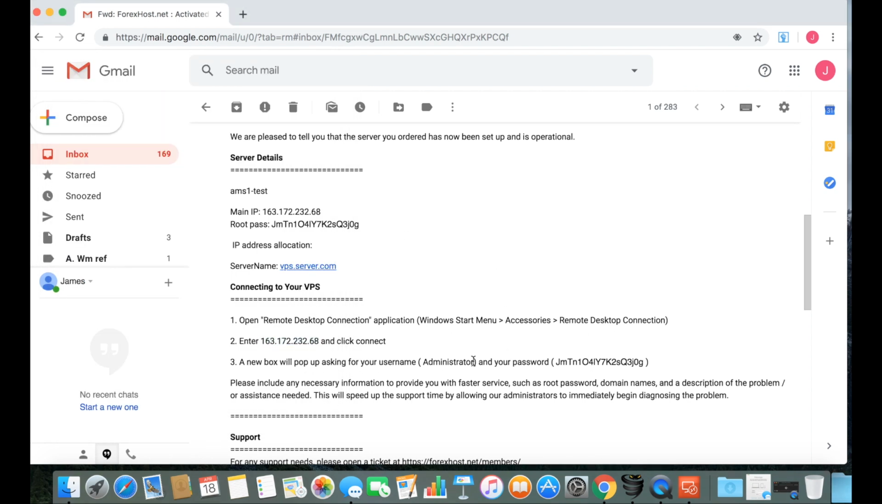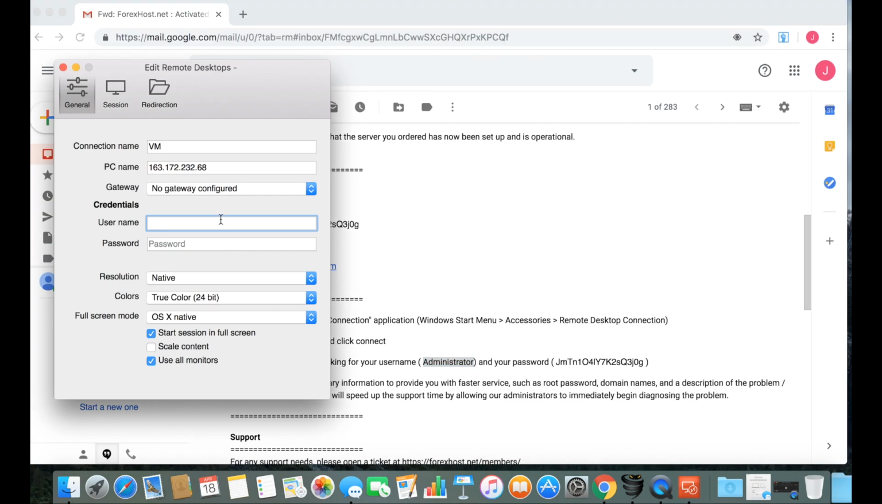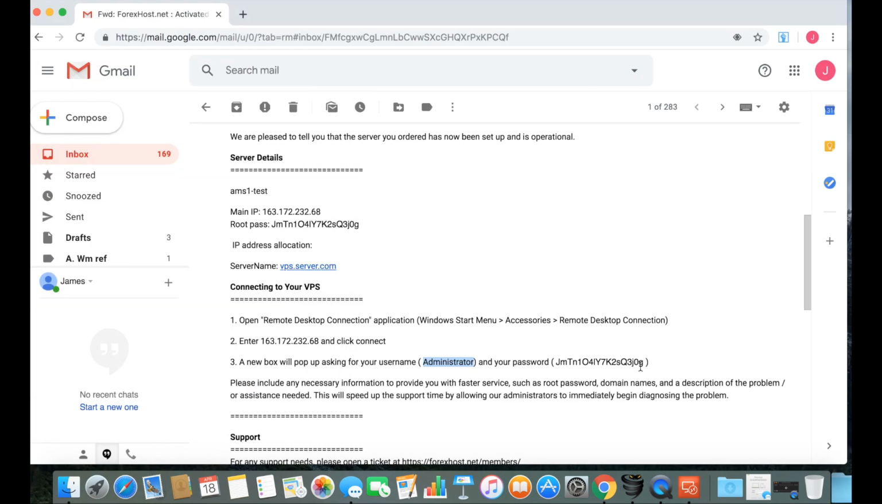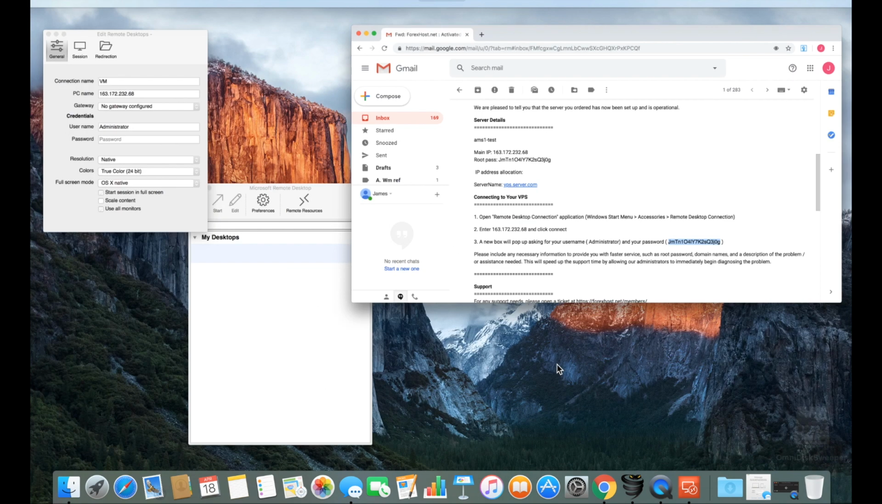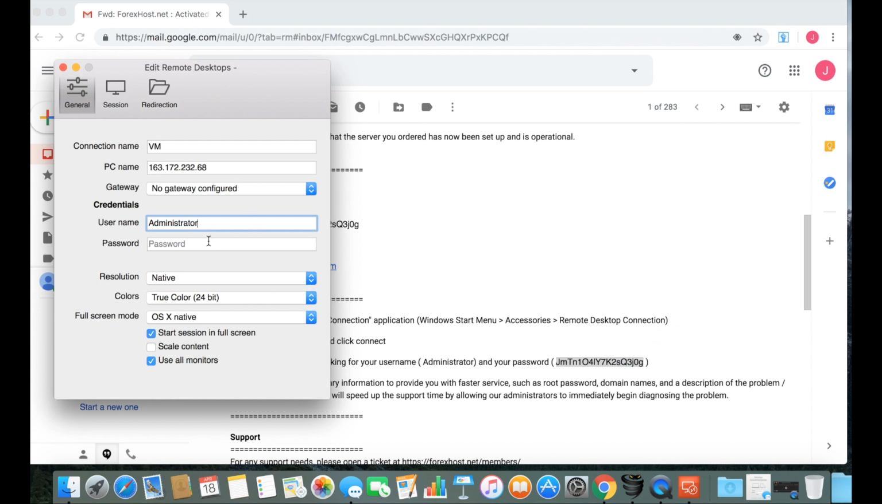Username is administrator. Copy and paste. And here's your password for your virtual computer. Paste that here. Once you've done that, all you need to do is hit the red X,